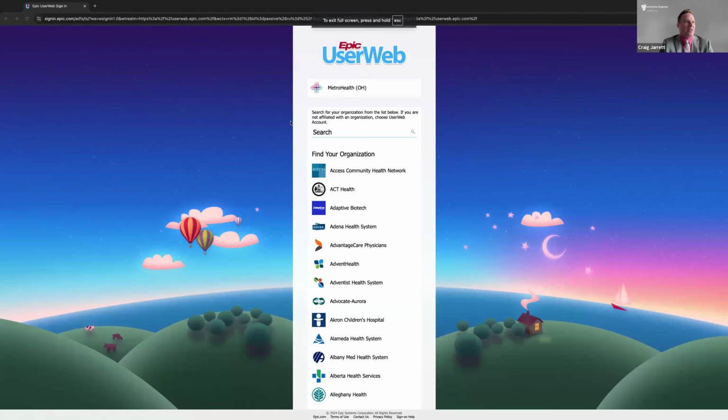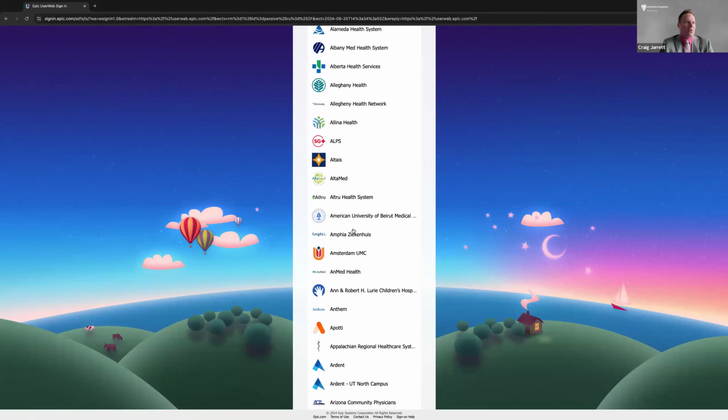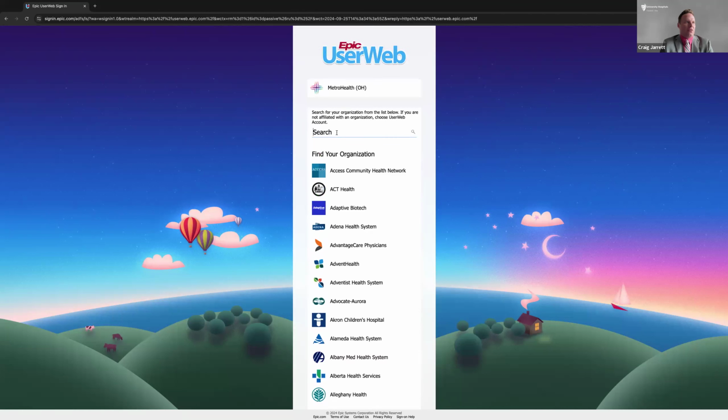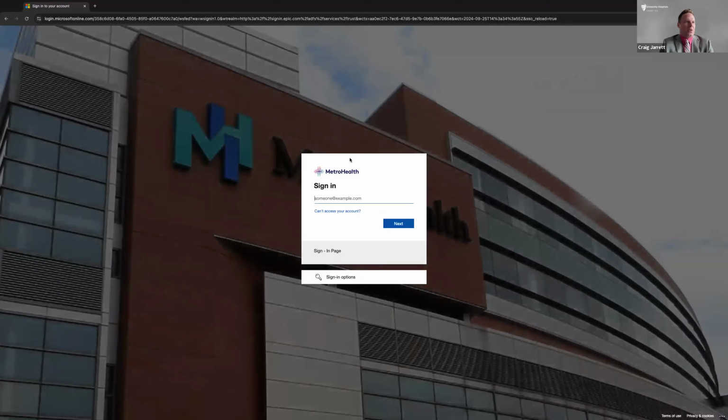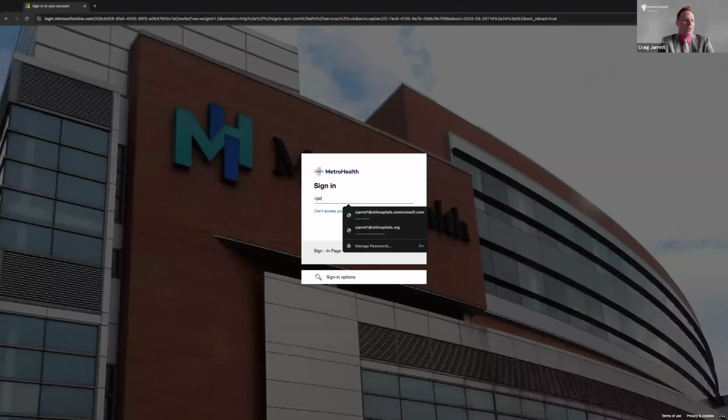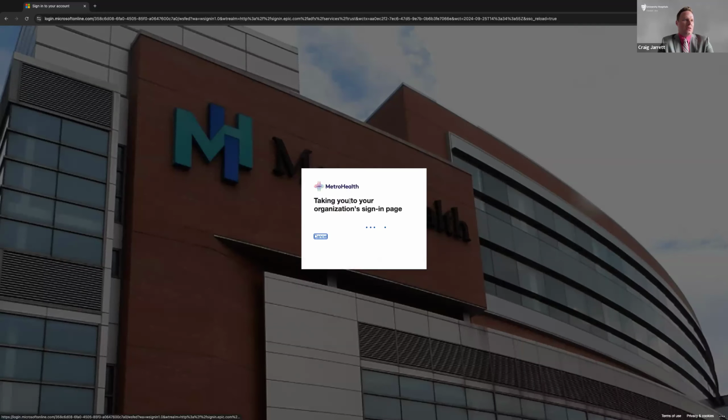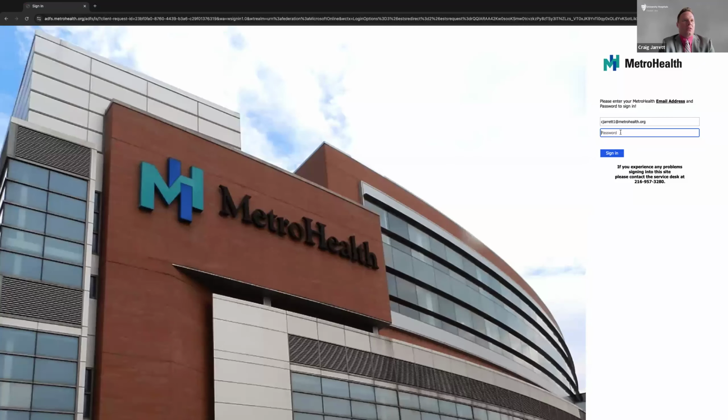I did an incognito window because if you don't, I log in kind of semi-automatically. You can find your institution. Of course, it's going to be Cleveland Clinic, Metro Health, or University Hospitals. I have access through Metro Health. So it asks, and you go to the single sign-on usually for your institution. And mine is going to be Metro. So I'll put that information in. It's going to take me